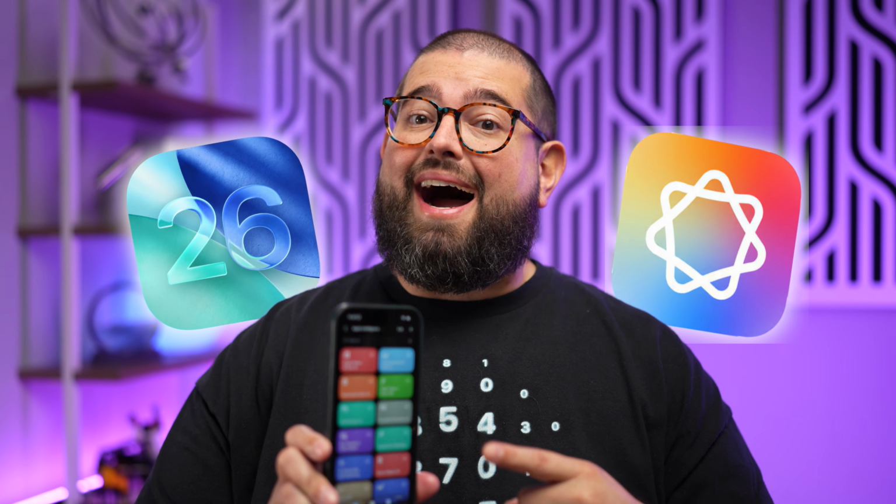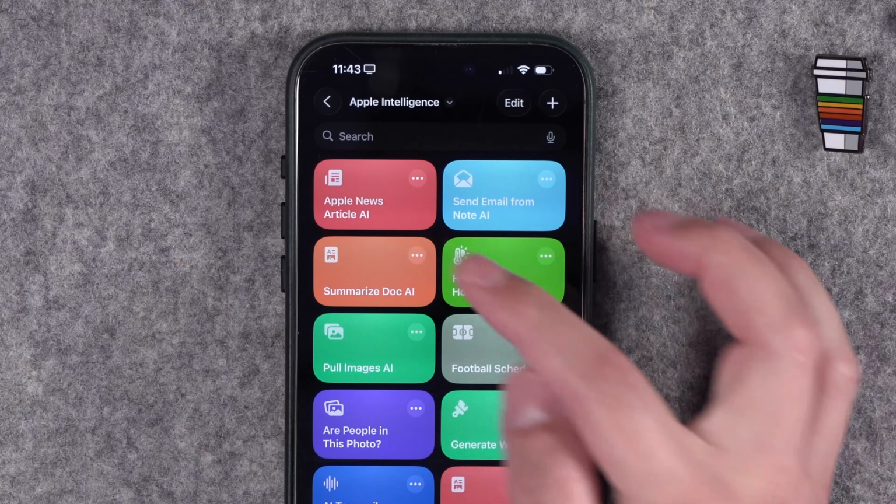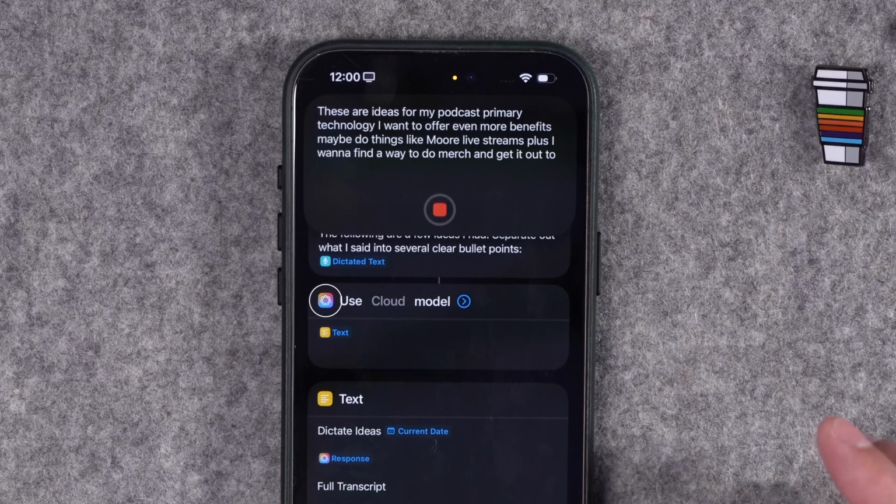It's finally here. iOS 26 brings Apple Intelligence to Shortcuts, and it is crazy powerful. I'm about to show you 20-plus shortcuts you can use right now that all utilize Apple Intelligence in Shortcuts,